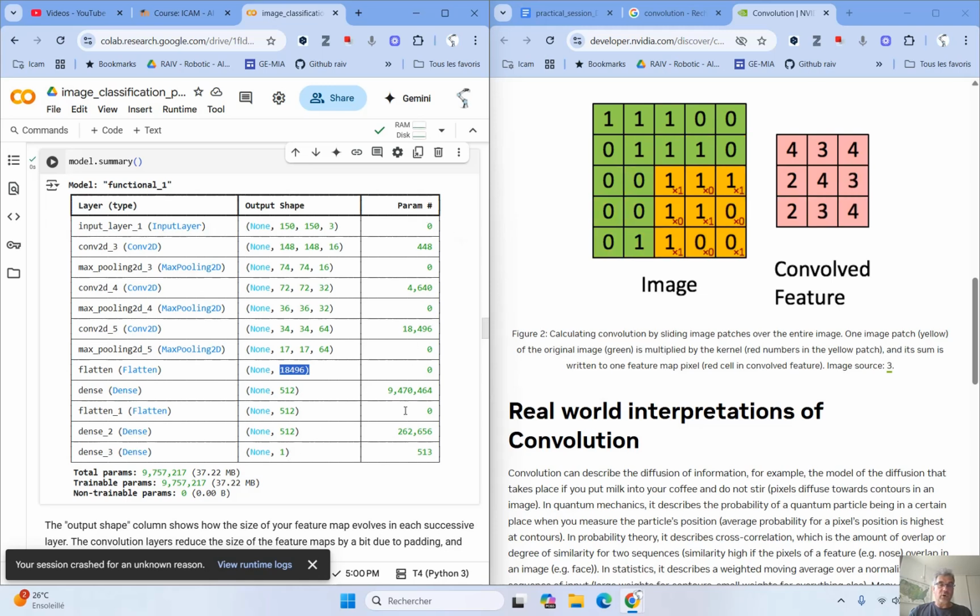Here you have the number of all the parameters that the deep learning algorithm must train with the data. If you do the sum, we have about 10 million parameters to train. So we need a lot of images to be able to train about 10 million parameters.